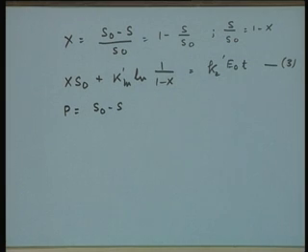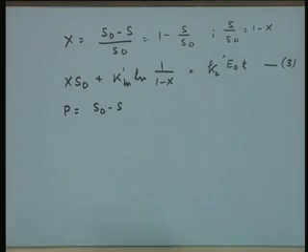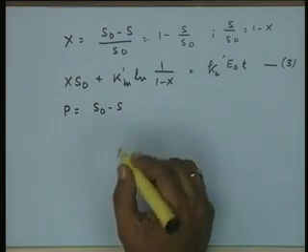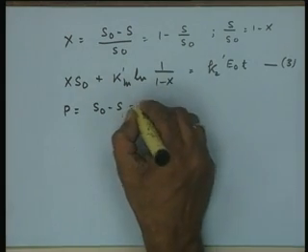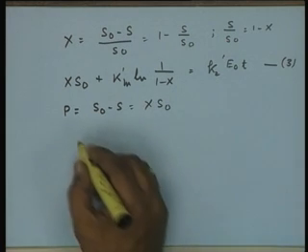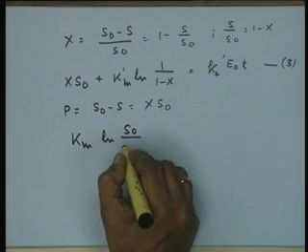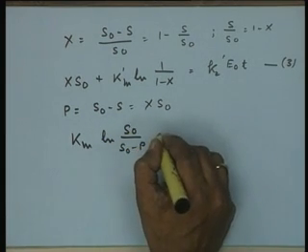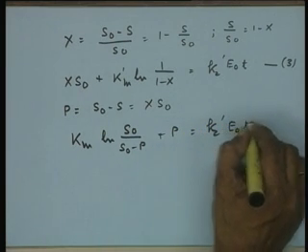Now, if in case you are handling a different kind of reaction scheme, let us say 1 mole of substrate goes into 2 moles of product, then accordingly one has to make a change in the definition of x as well as p. This will also be equal to x into S naught, and therefore, you can also write in terms of product concentration: Km ln S naught upon S naught minus p, plus p, equal to K2 E naught into T.